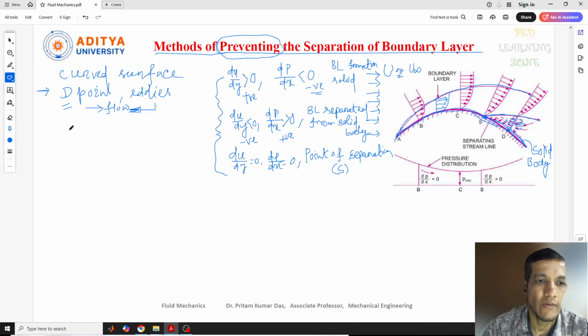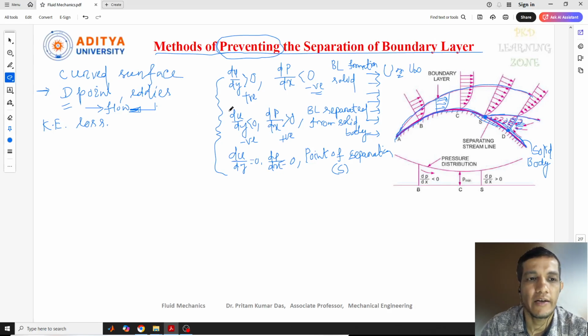Due to that, what will happen? Due to this, our kinetic energy started losing. So due to this kinetic energy loss, there will be a problem in the fluid. That means the fluid is flowing, so obviously, if the loss is arising, why should the fluid continue? So to avoid this kind of losses,